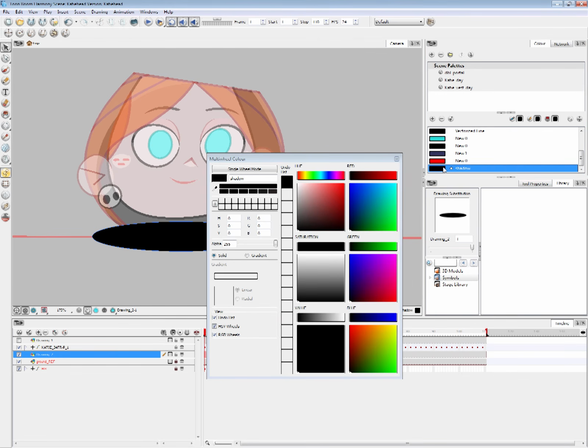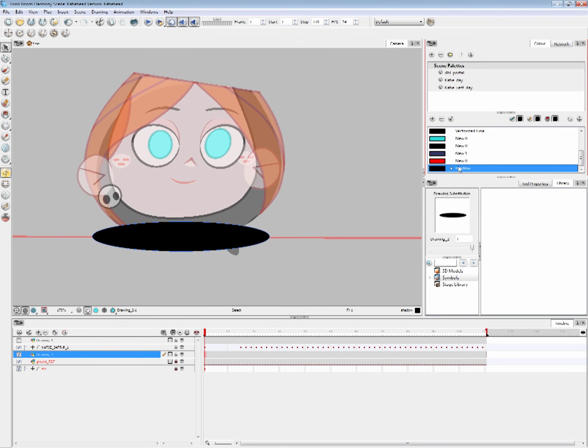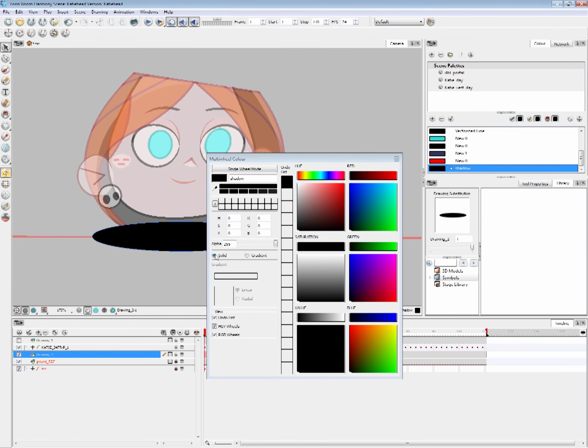Let's add a gradient to it. So double click this shadow layer. There's solid and gradient. I'm going to hit gradient. We've all used this sort of thing in Photoshop before. It's a linear gradient. Yeah, let's keep it linear.